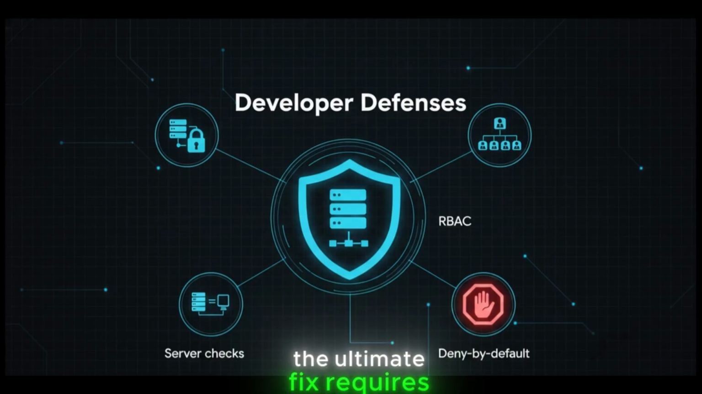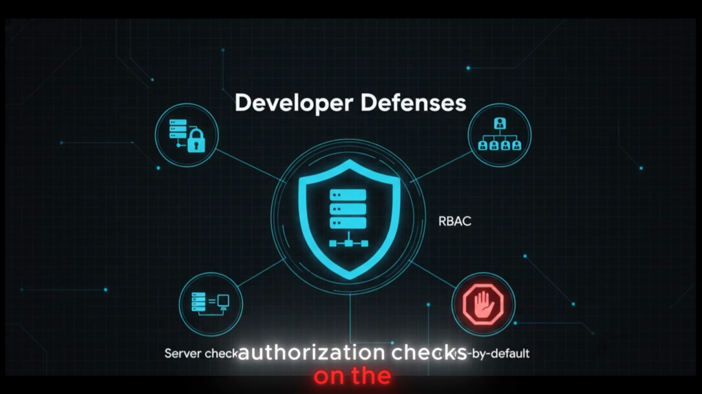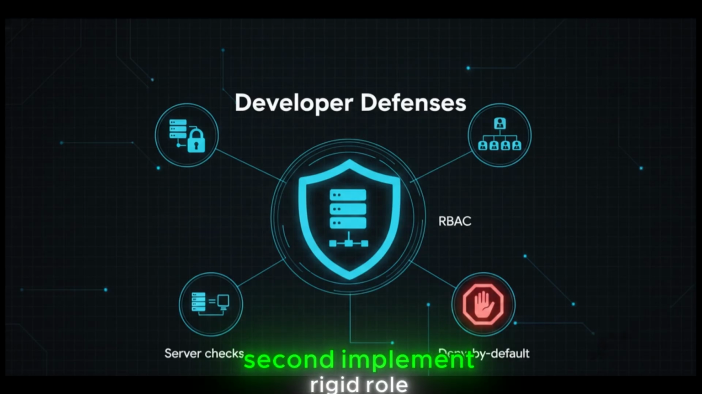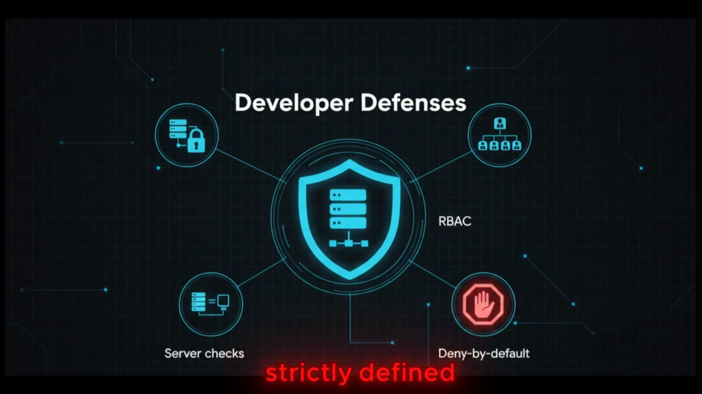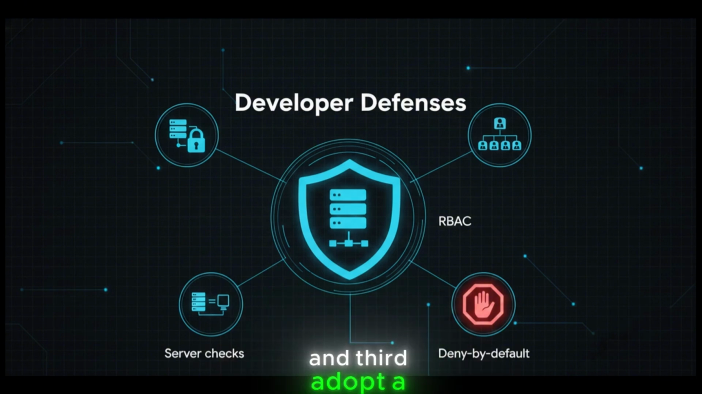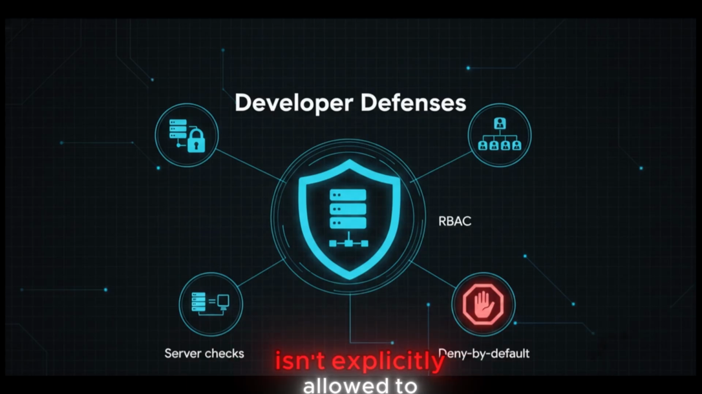The ultimate fix requires a few mandatory steps. First off, never trust the client. Developers must enforce all authorization checks on the server side. Second, implement rigid role-based access control, or RBAC, so every user's limits are strictly defined. And third, adopt a strict deny-by-default posture. Basically, if a user isn't explicitly allowed to see a